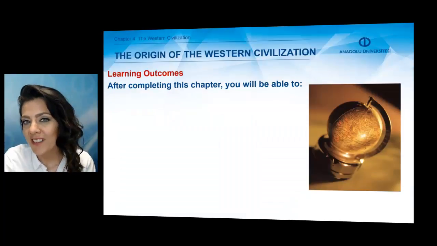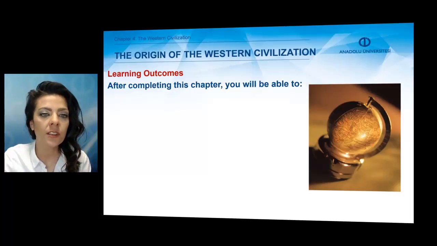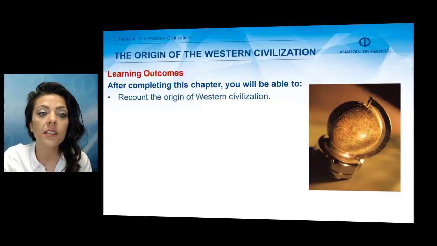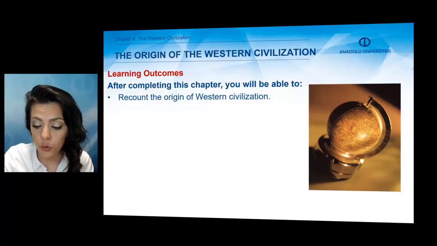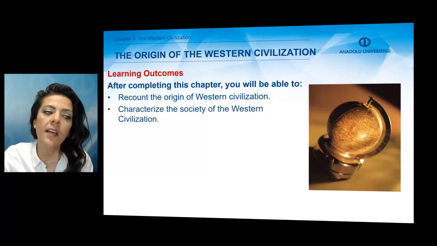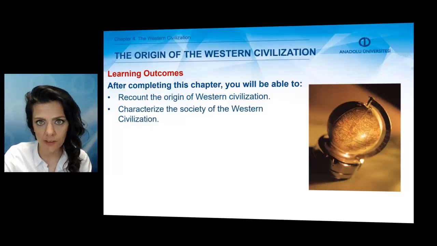So first of all, let us start with our learning outcomes. After completing this chapter, what do we aim at achieving? You will be able to first of all recount the origin of Western civilization, because in order to be able to understand the recent Western civilization, we need to go back and look at its origins, and then you will be able to characterize the society of the Western civilization,